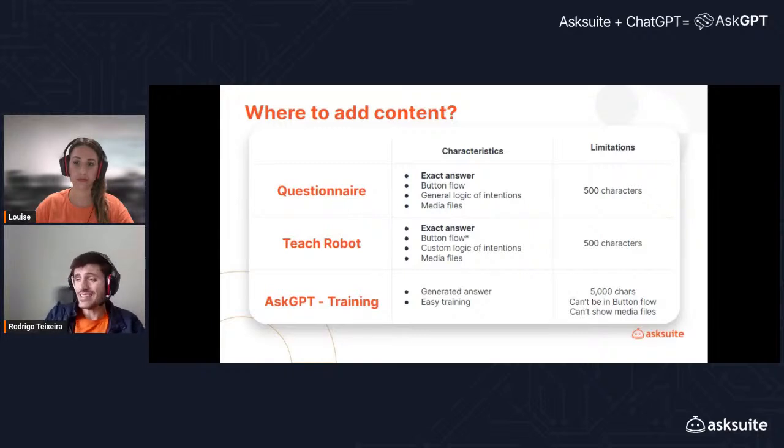And of course, AskGPT will also be able to read this content if necessary. But if you want something easy to teach with more response and automation possibilities, it's better to use AskGPT, because by teaching one question, we can understand many different questions.